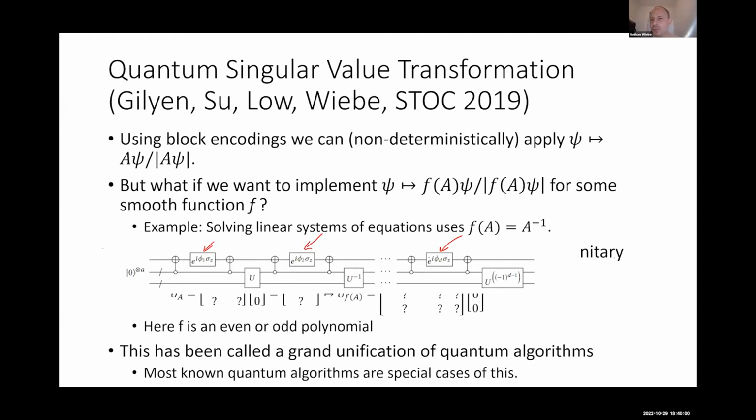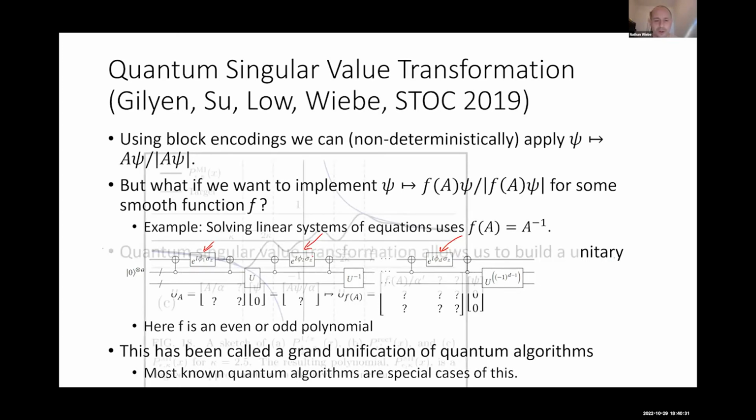And there's some great work by Junwong Ha as well as Lin that you can take a look at to give you nice algorithms for computing the phis that you would need to implement the function of your choosing. But every single time, the circuit ends up taking this exact same paradigm. It switches between rounds of U inverse, with these phase modulations on an extra qubit on the top. And by choosing those phase modulations, you can build any even or odd polynomial you want, with sensible restrictions on its modulus.